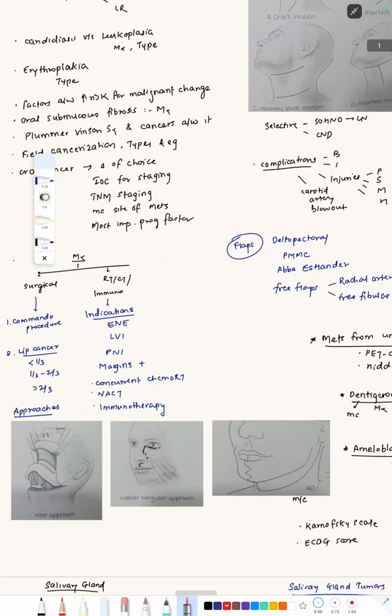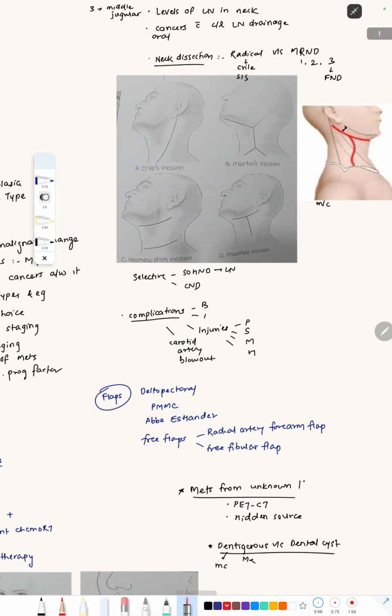Now talking about the other methods, that is radiotherapy and chemotherapy, the indications are extranodal extension, lymphovascular invasion, perineural invasion, and if the margins are positive. Then there is concurrent chemoradiotherapy, which has a better prognosis. Neoadjuvant chemotherapy is where chemotherapy is given before the surgery, and immunotherapy includes the PDL1 inhibitors. Now the next is